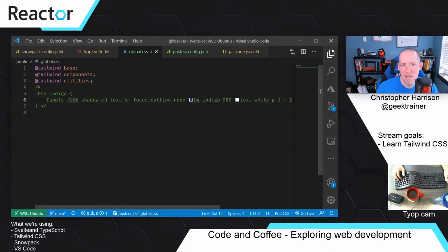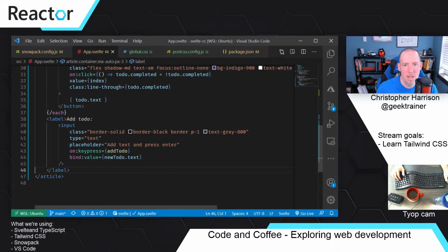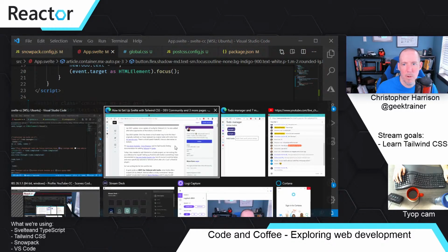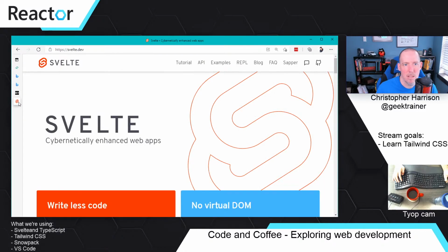I think I'm going to, how much time have I got? I got about a half hour. Yeah, you know what I'm going to do instead? I'm going to see if I can figure out how to create a component in Svelte and then do it that way. So let's leave that, and let's create a component in Svelte. So where, Svelte docs. There we go. Let's see. And I want